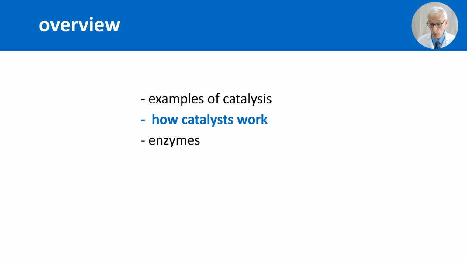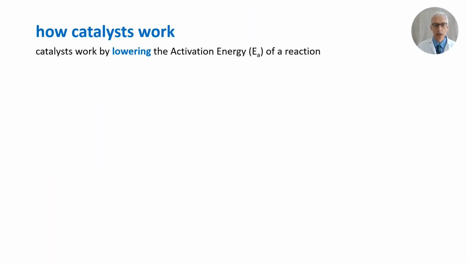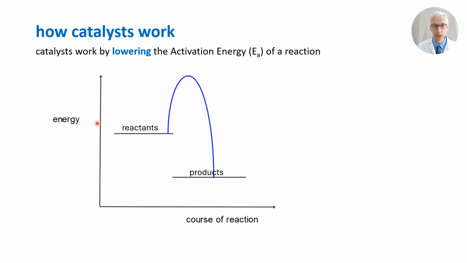How catalysts work. Catalysts work by lowering the activation energy of a reaction. Let's remind ourselves of what a reaction pathway diagram looks like. Energy, course of reaction, reactants, products. There's an energy barrier between the reactants and the products. To become products, the reactants must collide with enough energy, the activation energy. And that energy is the difference between the original energy state of the reactants and the top of the reaction